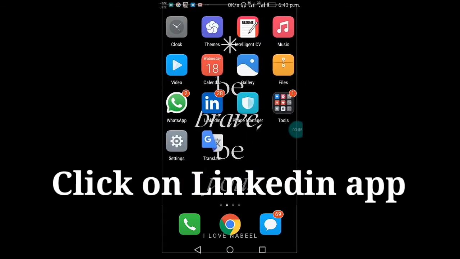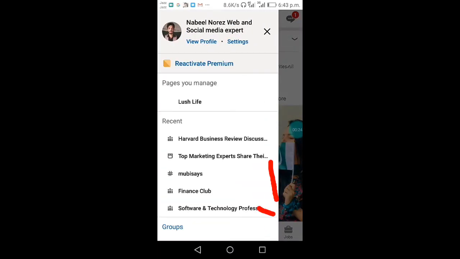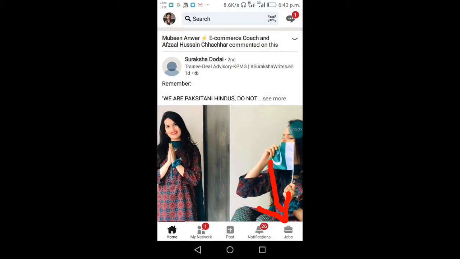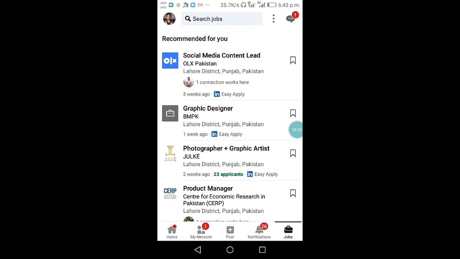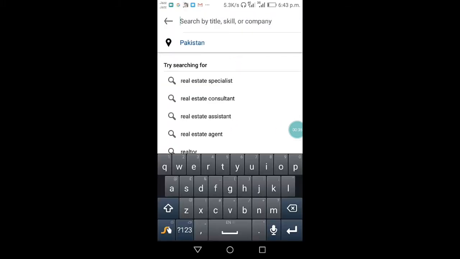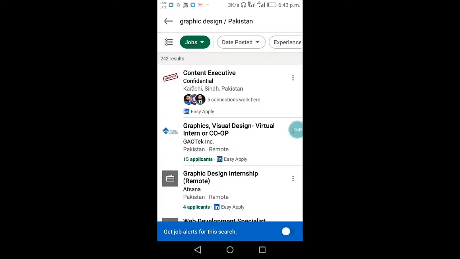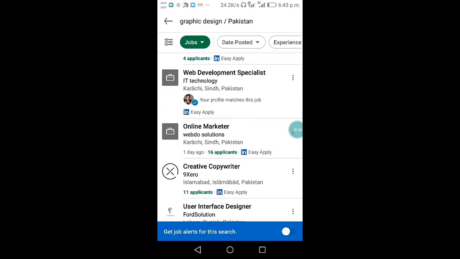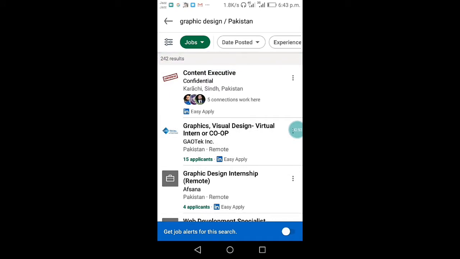Today we're going to learn the LinkedIn app, how to apply for jobs on LinkedIn. First, we will click on the LinkedIn option of the jobs and then type the field you want to search for your job. If you have a graphic design background in Pakistan, we have multiple jobs here. You can easily apply for the jobs through only a